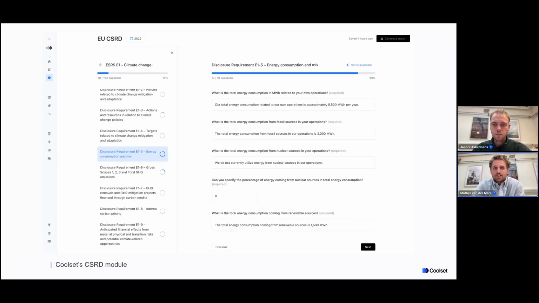Now, moving on to ESRS E1 climate change, and we dove into energy. There is a synergistic effect between the 2 modules that I mentioned. We have the carbon management module in which we measure your scopes 1, 2, and 3 and your energy in an automated way. And subsequently, we also load all these answers into the compliance management module as well. This makes sure that you are very efficient in the way that you fill this out and you work towards a compliant report. And as you can see here, there's a lot that's already pre-filled.